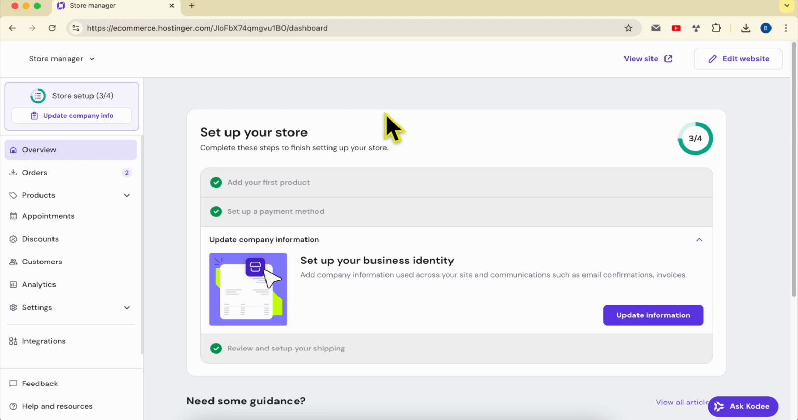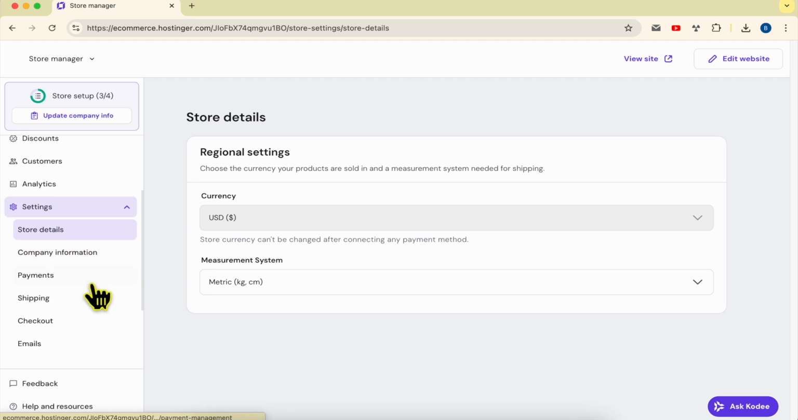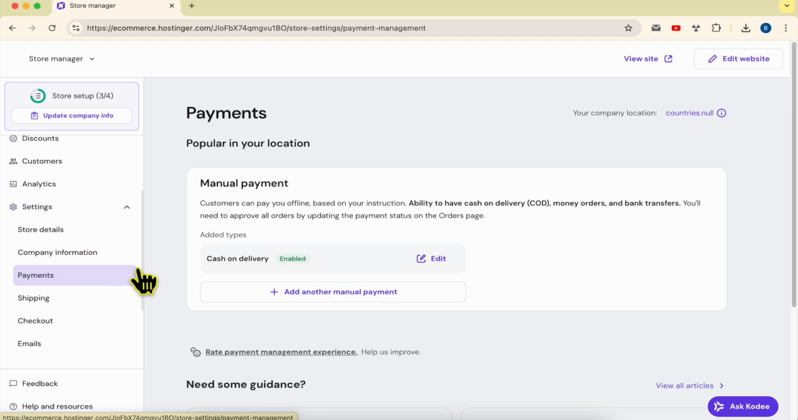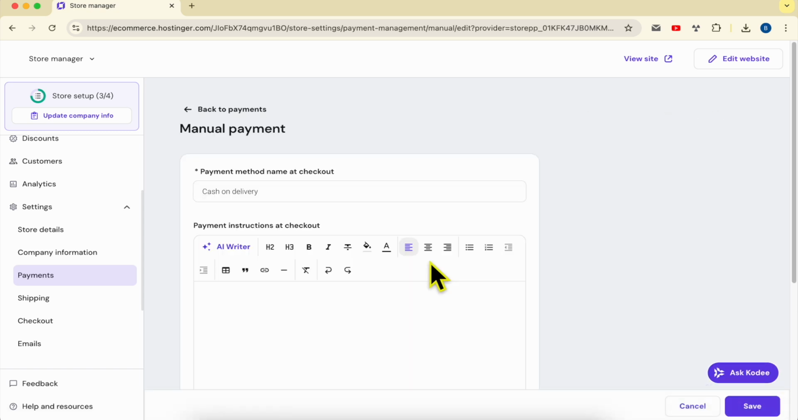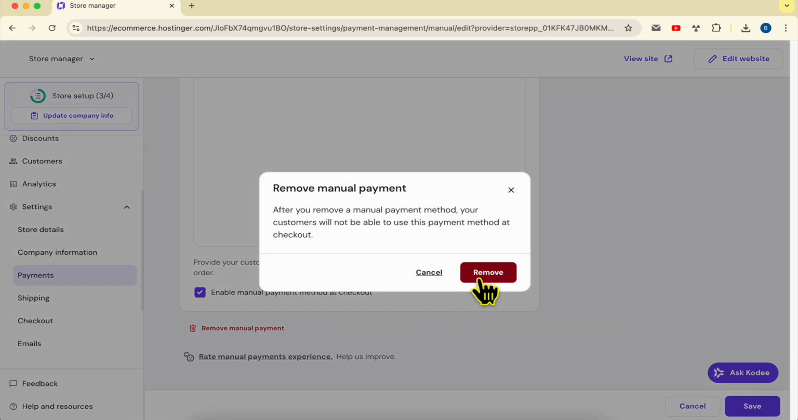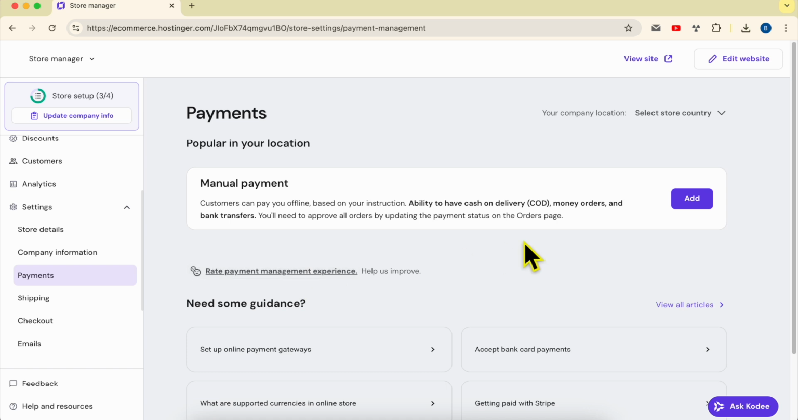Now, to start accepting PayPal payments, it's simple. Just go to Settings and go to Payments. Here, as you see, I already have a manual payment. Let's see how to delete it. I will remove this manual payment, and as you see here,